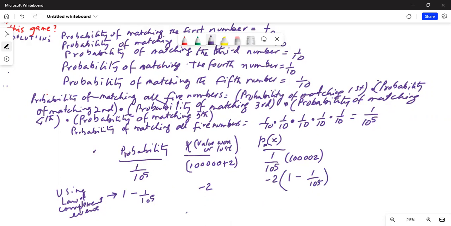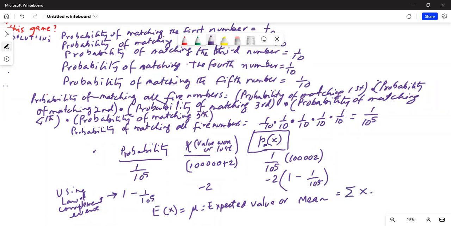Okay, so now we are going to find the expected value, or mu, or mean, and we basically add the p times x column. So this is the column we are going to add, p times x. Why? Because expected value is given by the formula, summation of x times p(x). So if I create some more space,